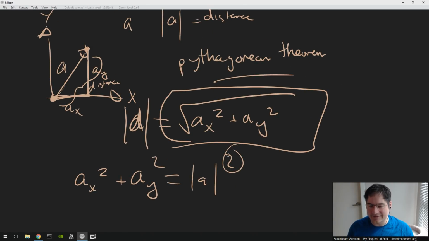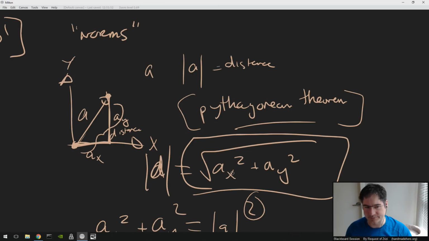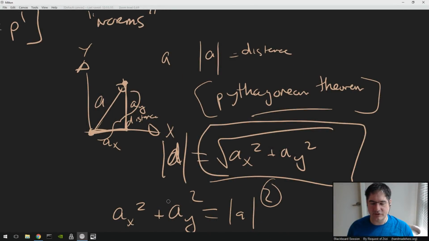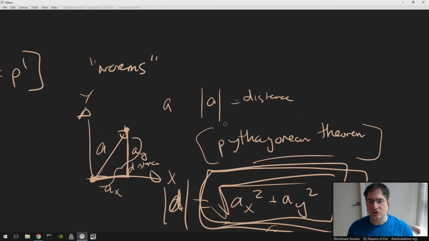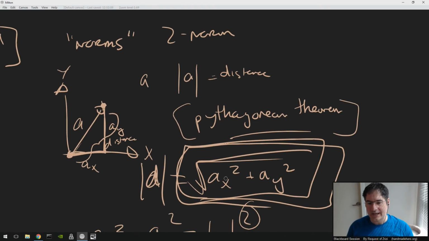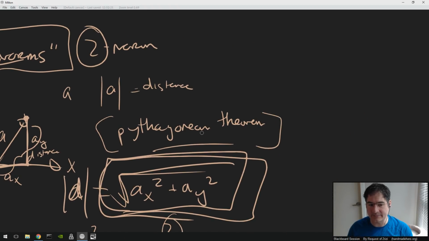But this length of a vector, even though I don't know that Pythagoras probably knew about it because he was sort of blazing a trail, so I feel like norms kind of got introduced afterward. The Euclidean 2 norm is actually this. This equation here, the ax squared plus ay squared square rooted, is actually something called the Euclidean 2 norm. 2 norm is what we call it when we square each term and then square root it. The 2 is the square and square root, and I can write the concept of a norm more directly as saying that